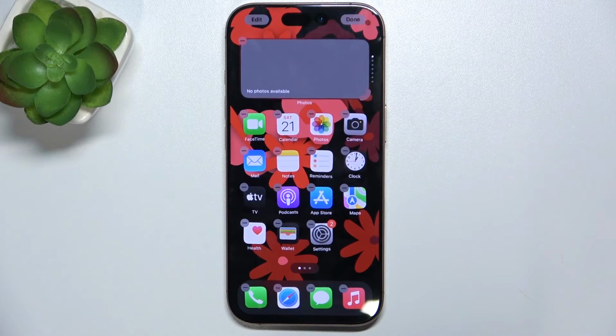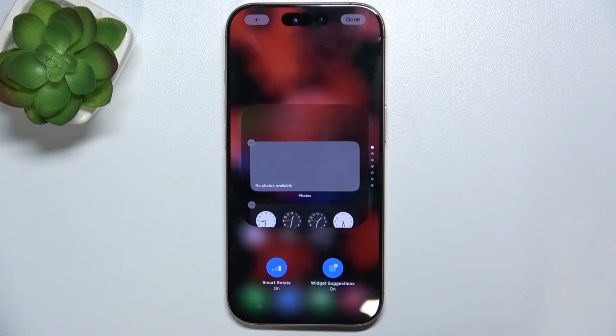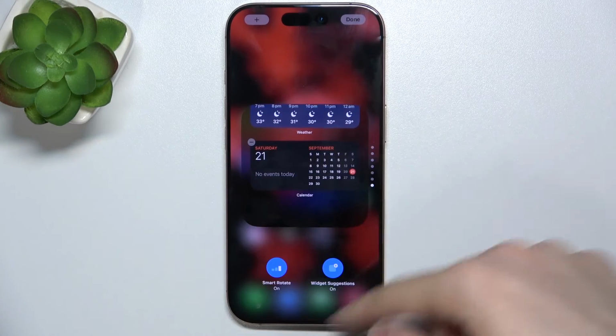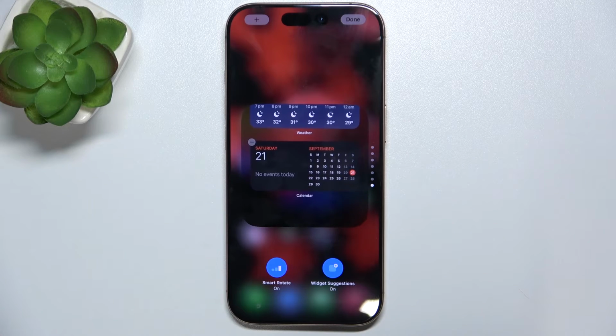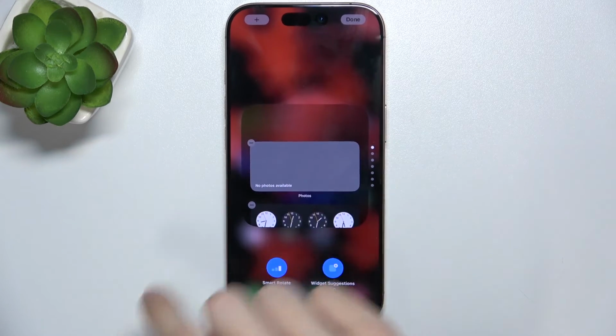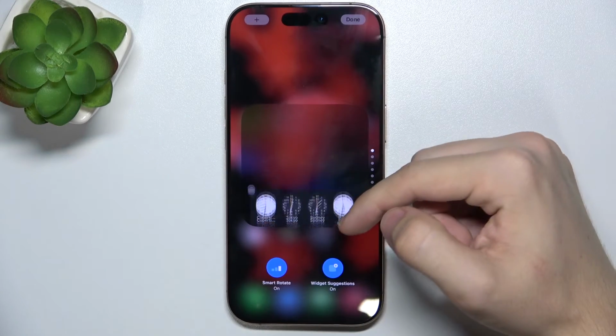And now to edit it, click on it. And here you can view all of the widgets that are within the stack. I'm gonna remove the Photos widget,